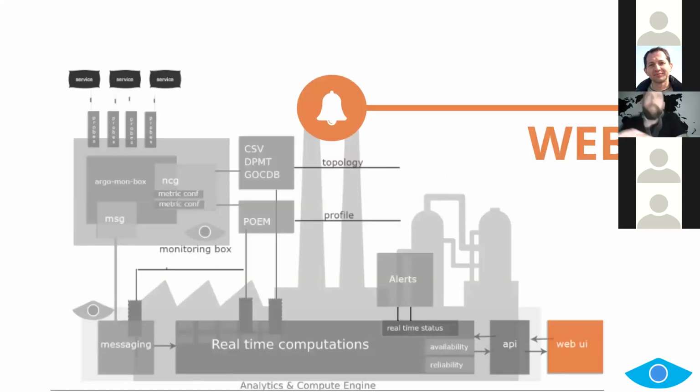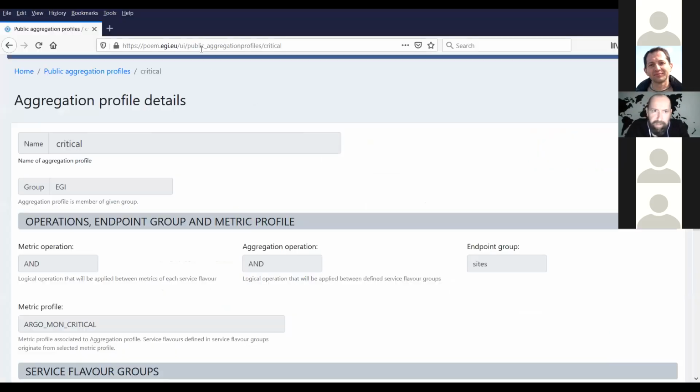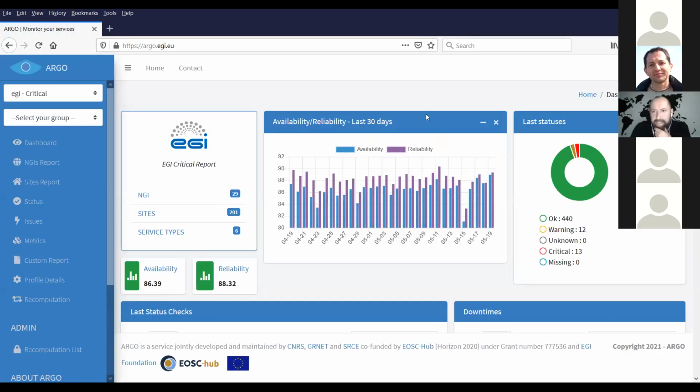Now, I have 20 minutes left, so I'll just speed up a little bit. I'll show you the UI for all of you who haven't seen it ever, but I doubt it. Where's this going? Share session, store session. It disappears somewhere, so I'll just open this one, share, and then go to Argo. So this is the dashboard part of the UI. Cyril is the proud owner of this work. And on the left side, you have some basic menu.